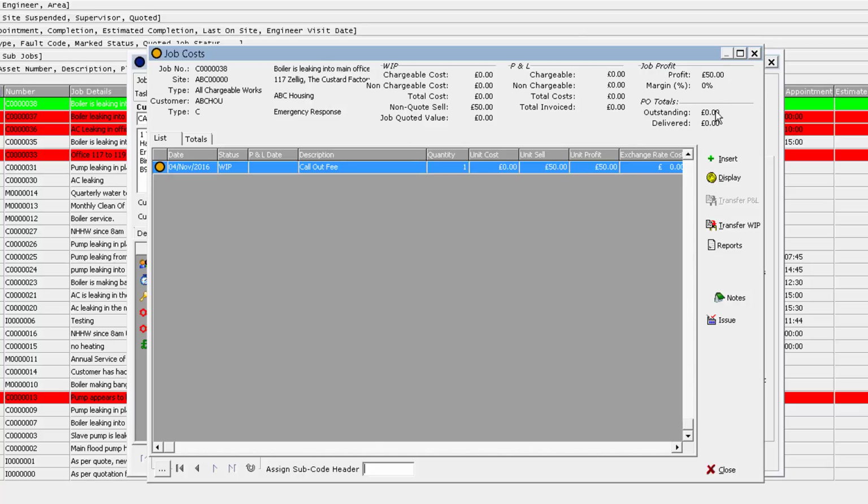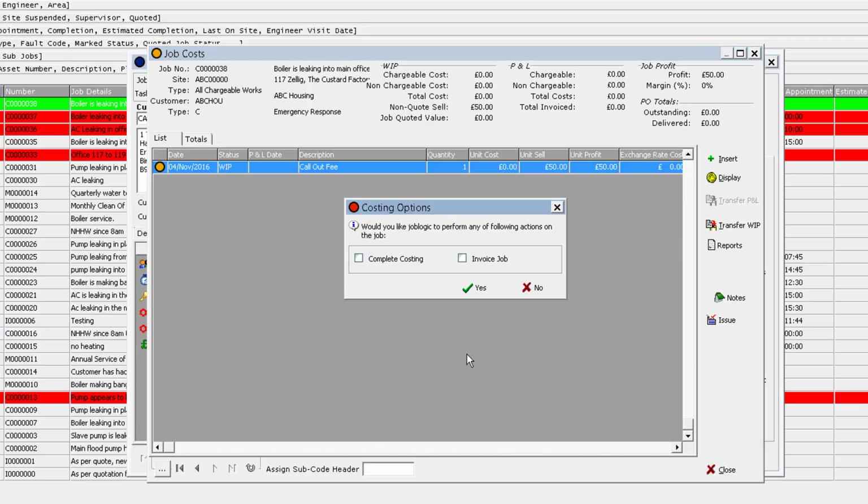As you're going through your costing, Joblogic is also displaying your profit and your margin, but it is in fact warning you of any PO totals that are outstanding. So if you raise a purchase order and you deliver half of it to a job, it's going to give you the delivered value, but it's going to warn you in red there's still £150 worth of parts or subcontractor costs left to deliver to this job. Okay,